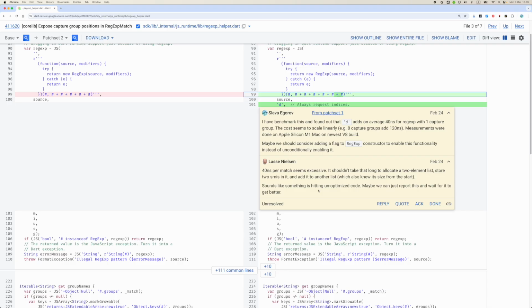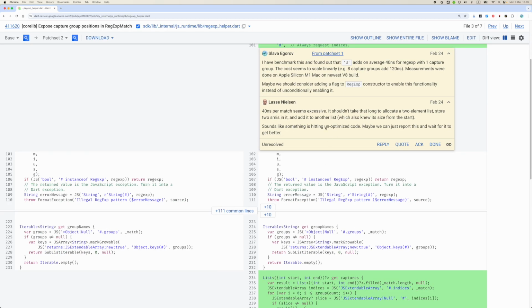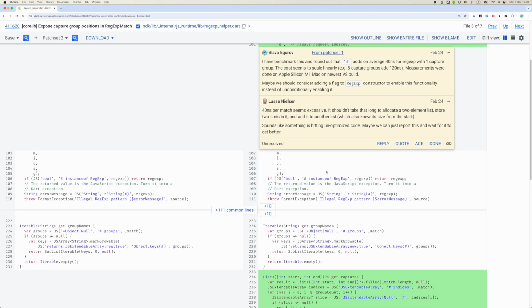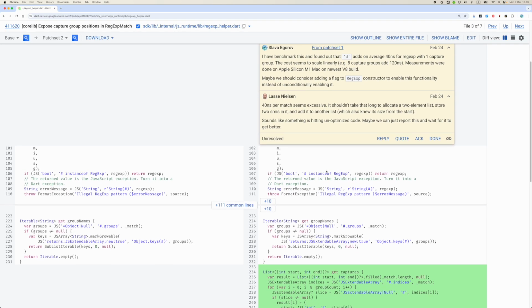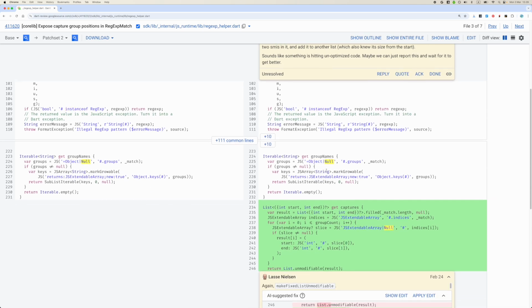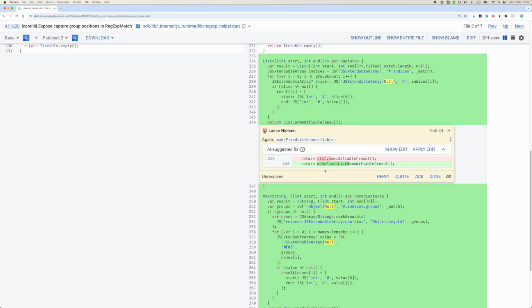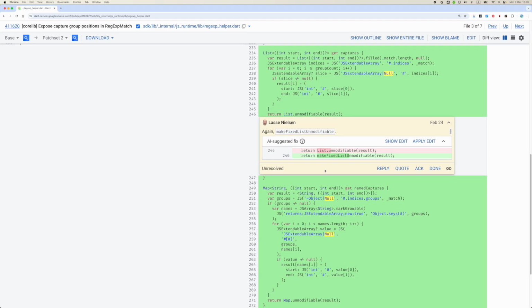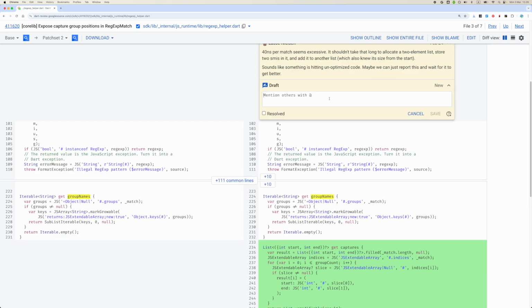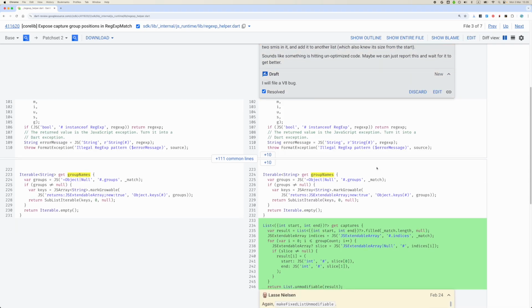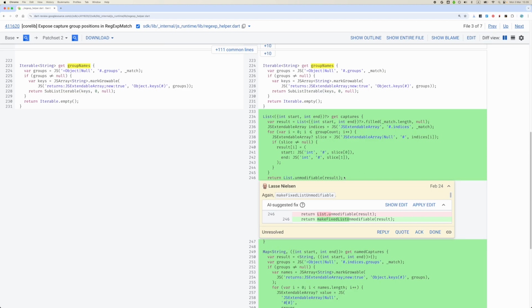I should go and file a bug. I will do that after. And I will add a link here. I'm not going to do the filing and record how I do that. Anyway, I will return to this comment. Then we go to this comment. I'll just say here I will file V8 bug. And then